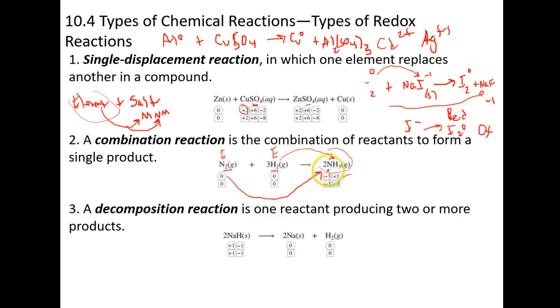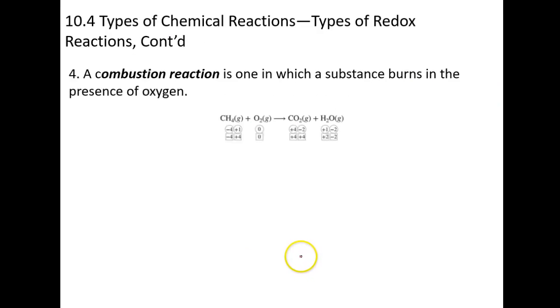Decomposition is the reverse. Basically, you have some sort of compound and you break it down into its elemental form. So it's the reverse of a combination reaction. All right. And then finally, the third type is called combustion. All right. Combustion reactions,